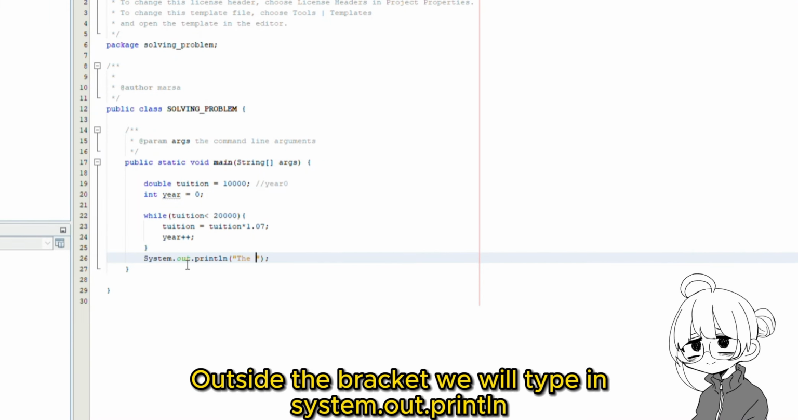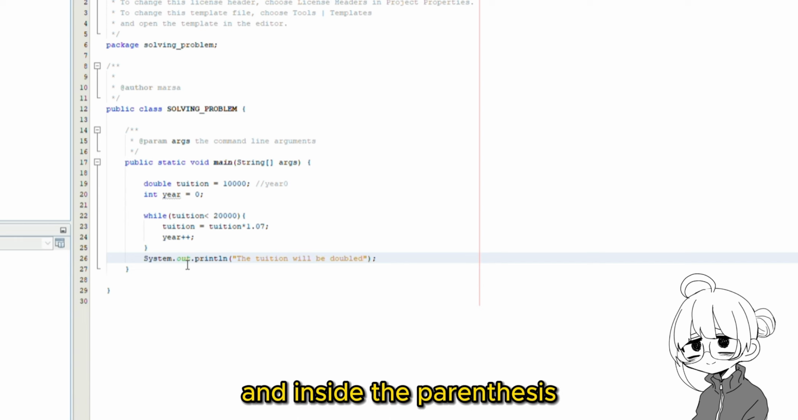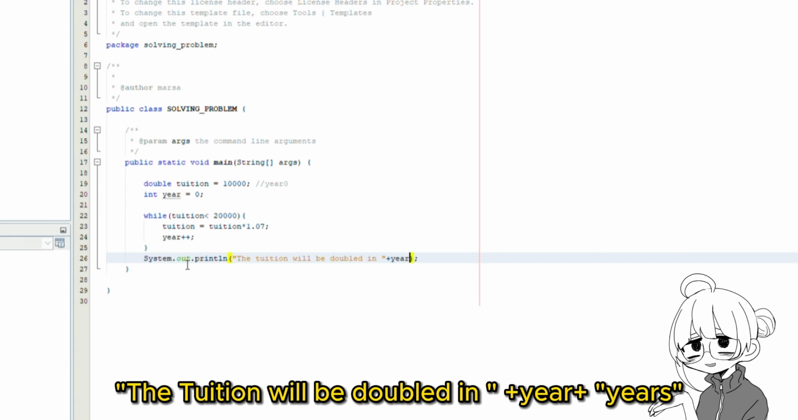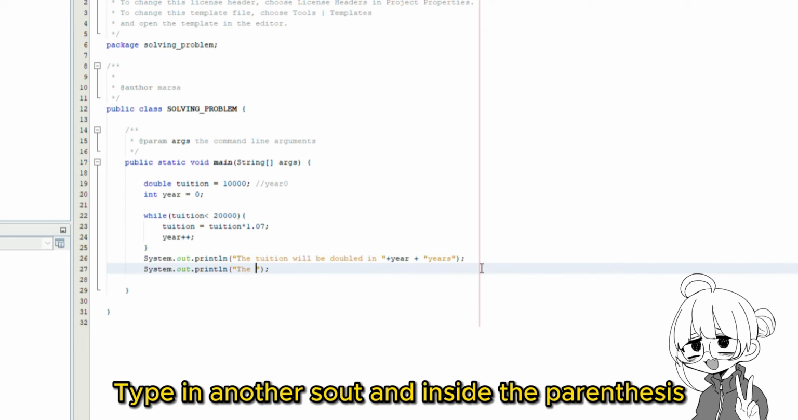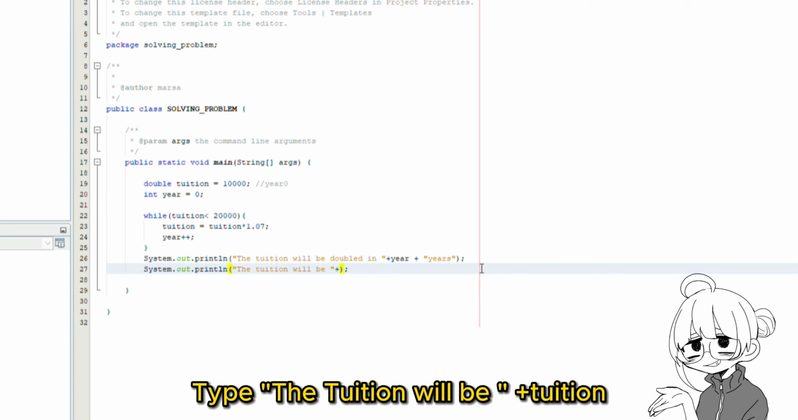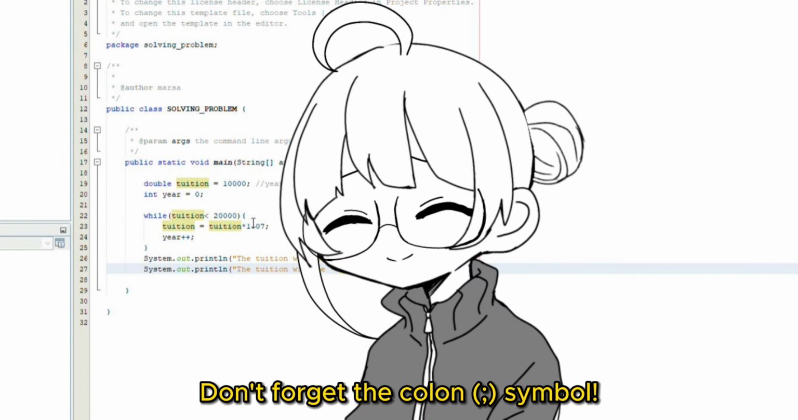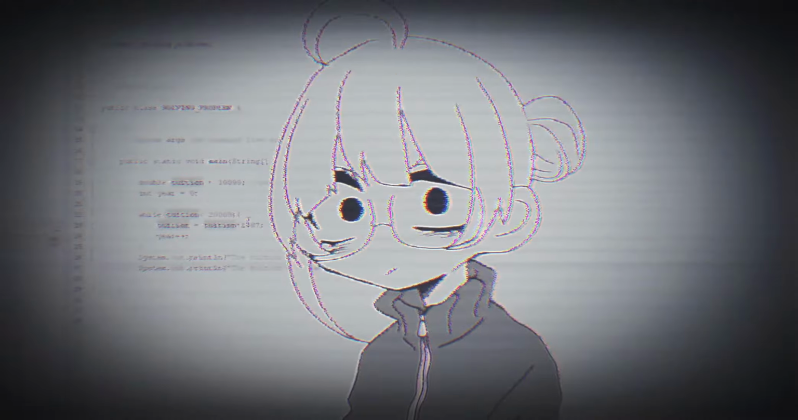Okay? Lastly, outside the bracket, we will type in system.out.println and inside the parentheses, type in quote that tuition will be doubled in, unquote, plus year plus quote years, unquote. Type in another sout and inside the parentheses, type quote that tuition will be, unquote, plus tuition. Don't forget the colon symbol. And if you do,